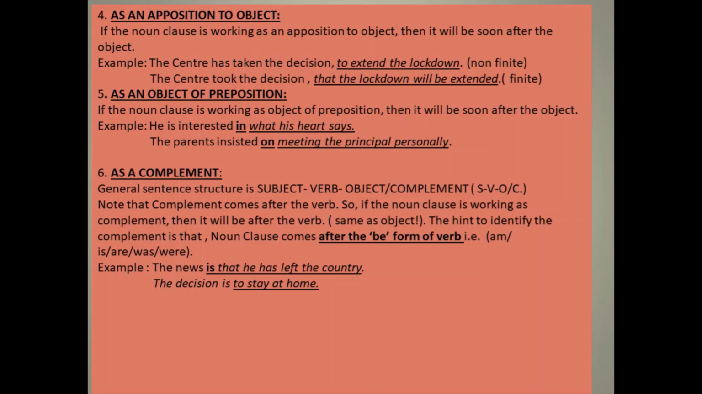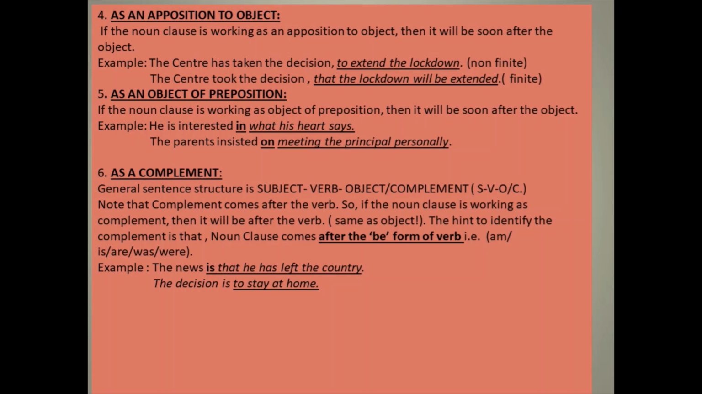Okay, so the news is what? That he has left the country. The decision is what? To stay at home. Okay, so these are the 6 functions of noun clause. So according to the functions, it will shift its position in a given sentence. So what you have to understand is, wherever it goes, whether in the middle or at the beginning of the sentence or at the end of the sentence, what you should focus on is whether it has got a subject